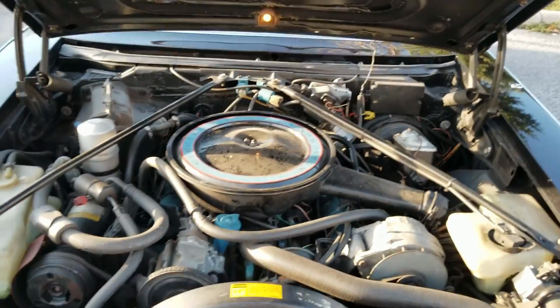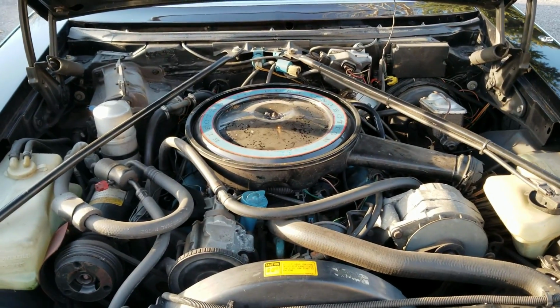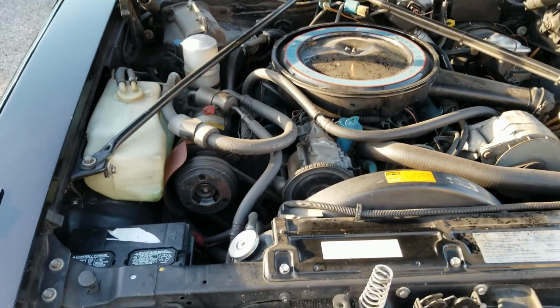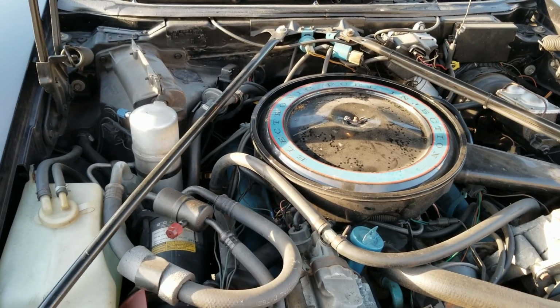Now you can tell I haven't cleaned under the hood yet. You know, what can I say? I'm lazy, and it's getting cold out. That'll be tomorrow's job. But just to give you a sense of just how much is going on under here,